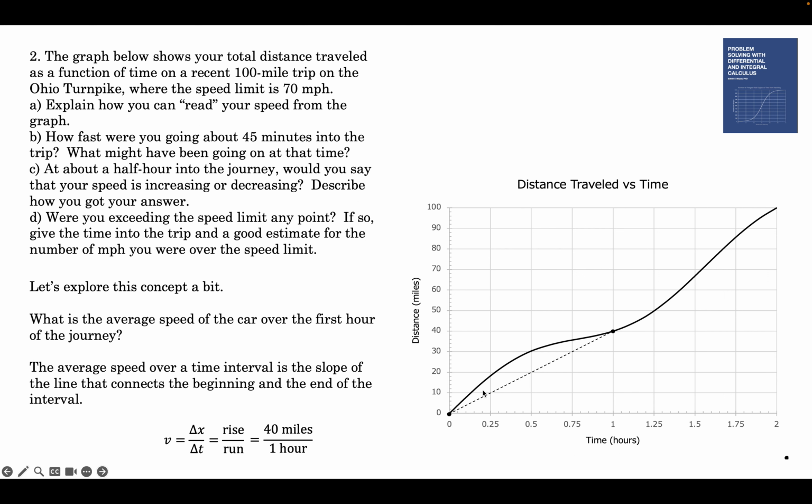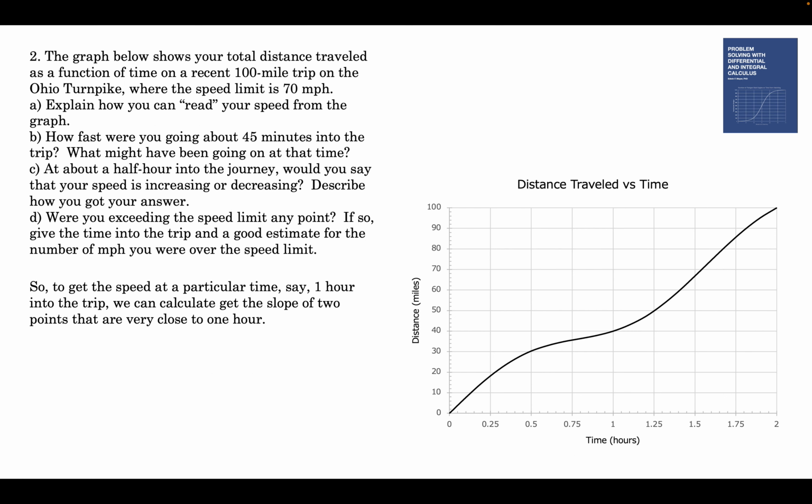That's the average speed. That's not the speed at the beginning. That's not the speed at the end. That's the average speed. So how can we get the speed at a particular time? Say 1 hour. How fast is the car going here? We can calculate the slope between 2 points that are very close together. Here's 2 points very close together. The line that connects these points is going to follow the actual line for the distance traveled very closely because they're very close together. And if we keep on getting them closer and closer together,